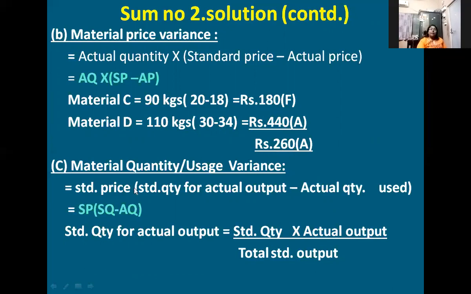And next calculation, material quantity or usage variance. You may look at this formula: standard quantity for actual output minus actual quantity used. The standard quantity for actual output is not available in the problem. We need to calculate it by using this formula: standard quantity into actual output divided by total standard output. Make use of this formula when you have this kind of problem and you don't know the standard